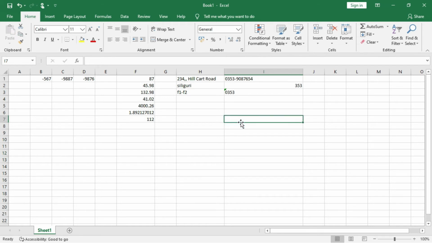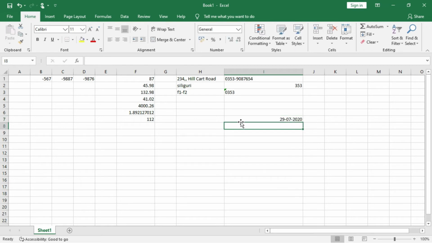So select the cell first of all and type the date and time. You can separate the date elements by a slash or a hyphen, or use text. For example, today it is 29th July 2020. So I'm writing 29, 07, slash 2020.